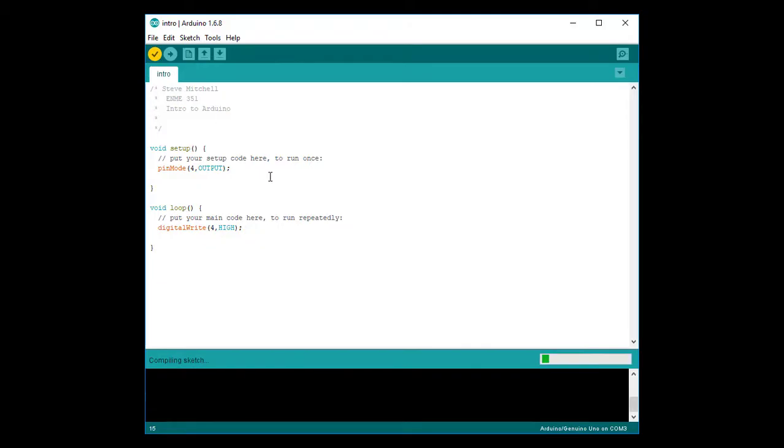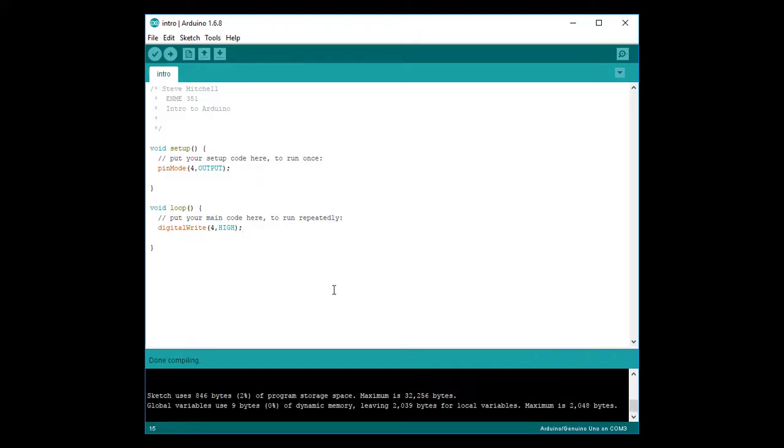Make sure there's no errors here. Okay, that's great. My sketch has successfully compiled with no errors, and you'll notice I'm using about 2% of the available program memory, so no worries there. Now, just to reiterate this notion of compile time errors, let's say, for example, after my digital write,